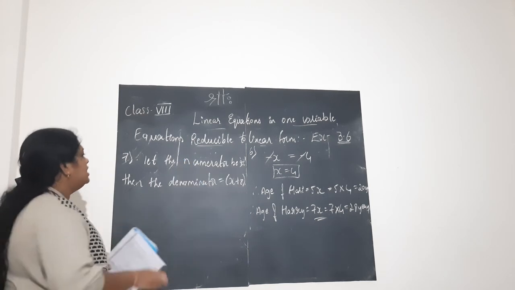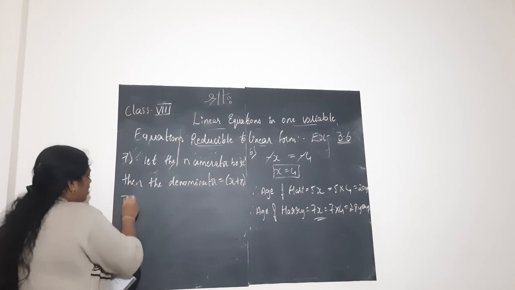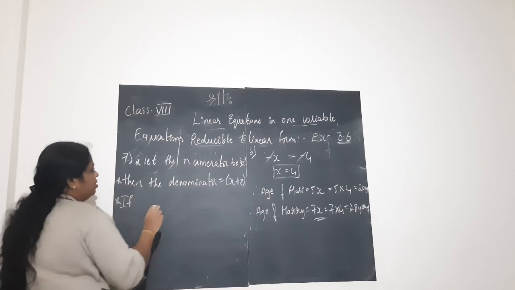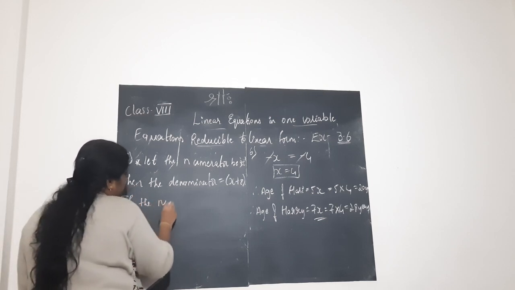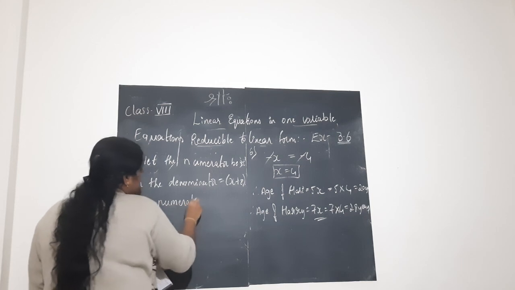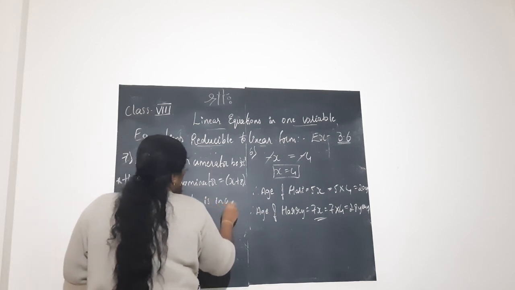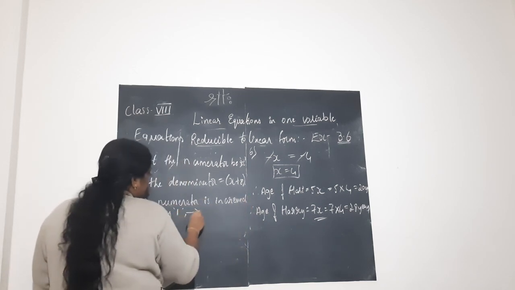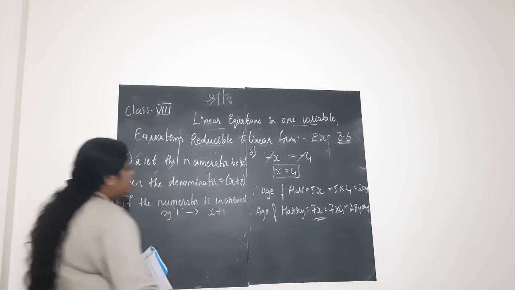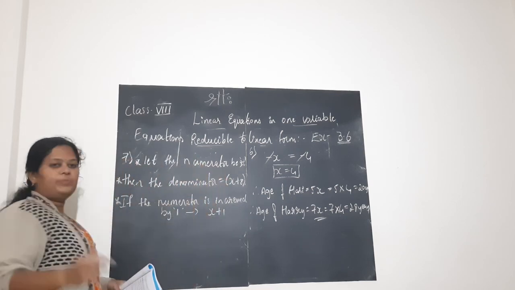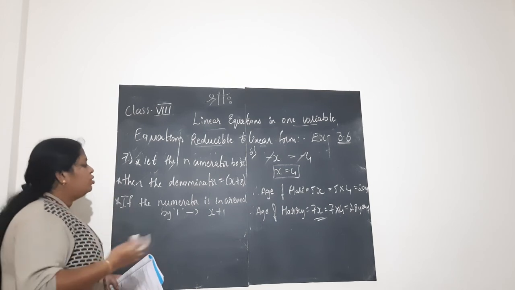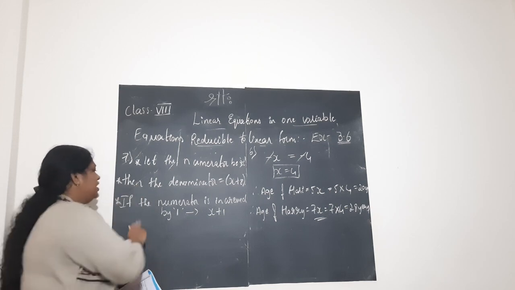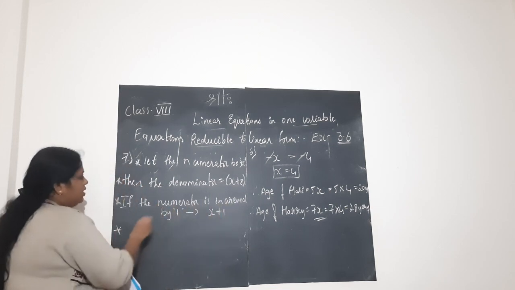If the numerator is increased by 1, what is the numerator? X. Next point, write point wise, children, or you put one star. Don't write 1 2 3, it doesn't look good. If the numerator is increased by 1, it becomes x plus 1. Correct? Why? We have chosen the numerator to be x. If you increase the numerator by 1, if it is 2 then plus 1 becomes 3, if it is 3 then 3 plus 1 is 4. So we don't know what it is. We have chosen it to be x, so if the numerator is increased by 1, then it becomes x plus 1.